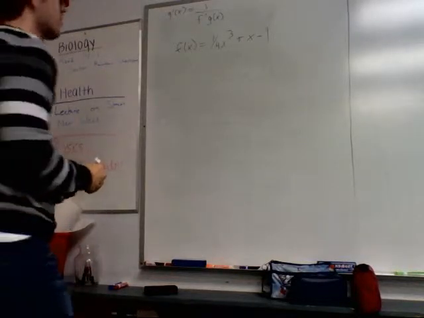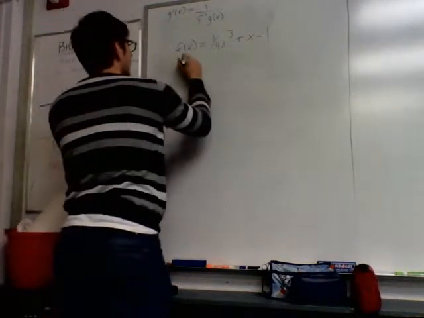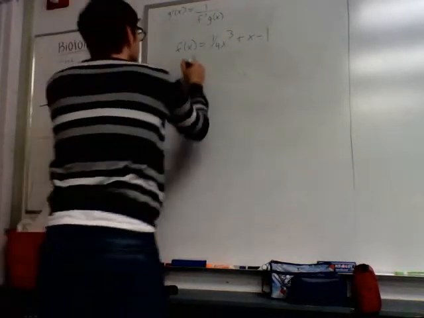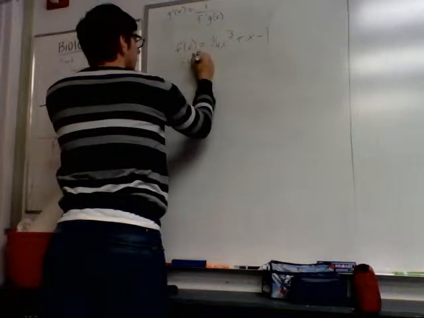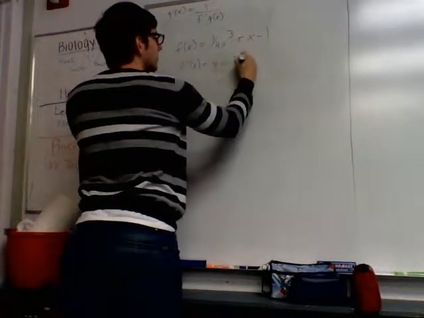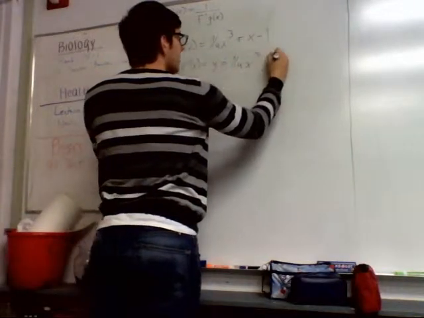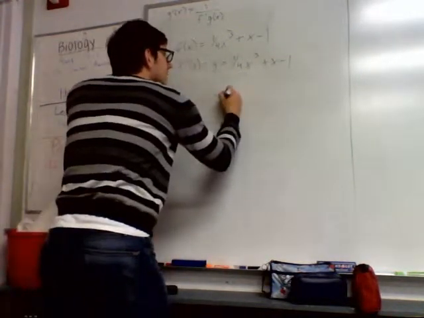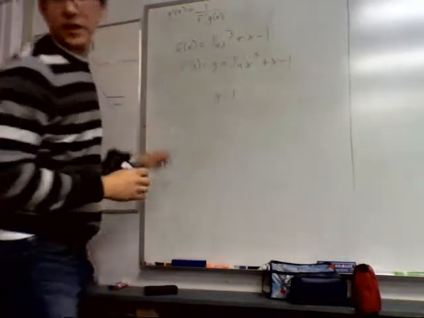Okay, so let's solve for f inverse. Is that f inverse or f prime? F inverse, okay. So f inverse of x is equal to y equals 1 over 4x to the third plus x minus 1. Okay, y minus 1